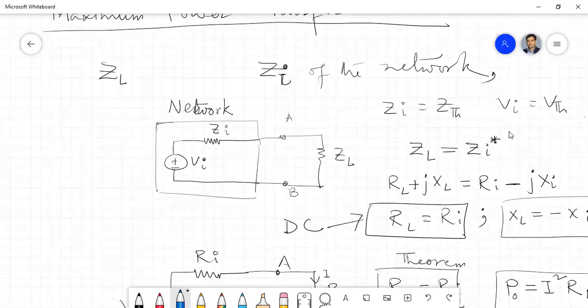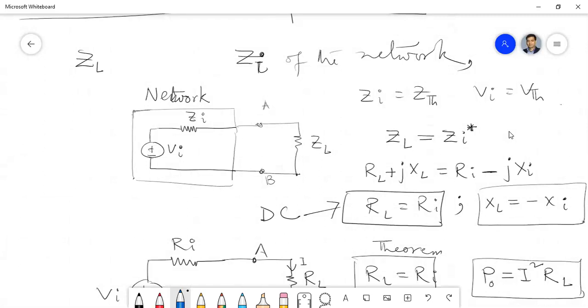The conditions we obtained were for the generalized case, because there we assumed that both things are impedances, that means both the internal part and the load part. Impedance means it's a complex variable where we have both real and imaginary parts. The real part of that impedance, as you know, is called the resistance, and the imaginary part of the impedance is called the reactance.